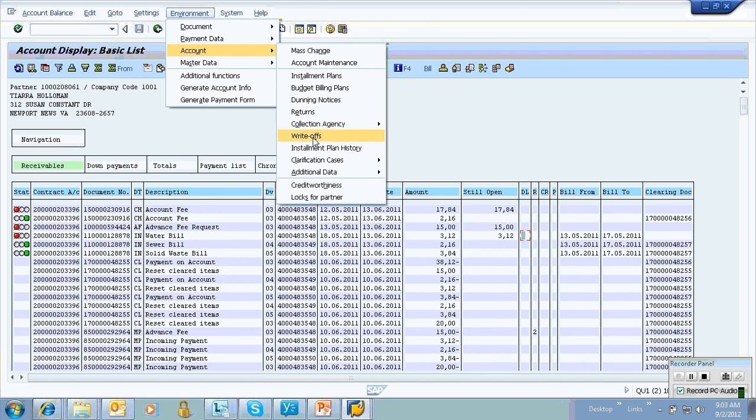And this is the write-off. Once this is determined, as we are not going to recover any amount out of that account, as a last resort we will write it off. I mean, we will consider this as our bad debt. Bad debt means